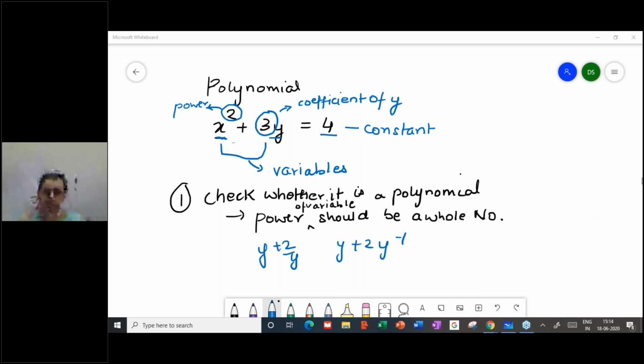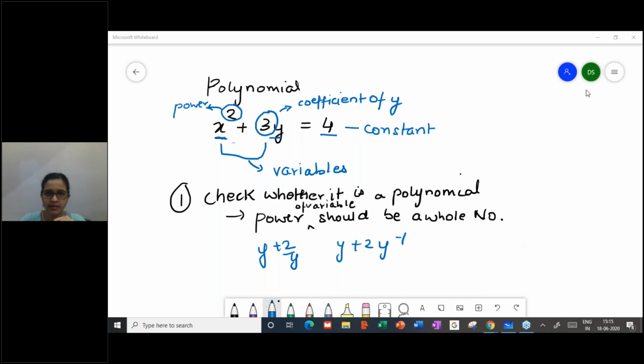You said in the previous slide that another condition should be the presence of a variable. So a constant like 4, will it not be a polynomial? No, it will not be a polynomial. It will be a constant. But polynomials start from the power of linear. The power of x is 0, and 0 is a whole number. No, actually it starts from